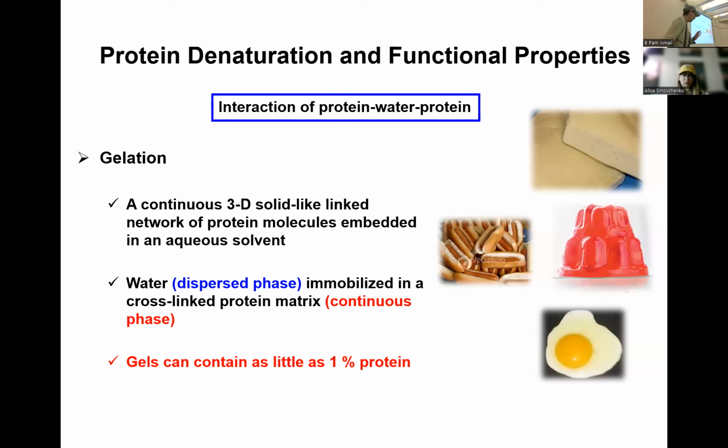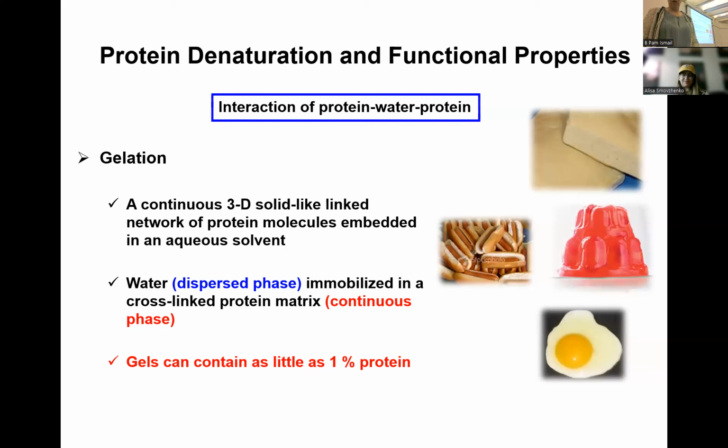The lower the percentage of protein that we use to form a gel, the better that protein is as a gelling agent. So gelation concentration is very important. That's why I have the 1% here as a reference. Whey protein forms a gel at 5%, soy protein forms a gel at 10 or 12%, then pea at 20%, or maybe 15,